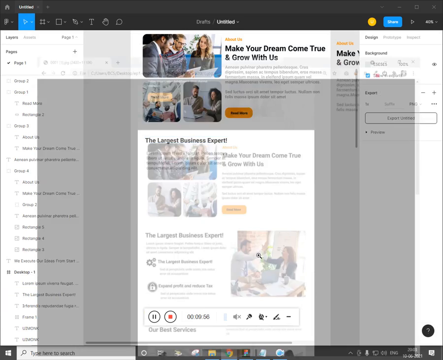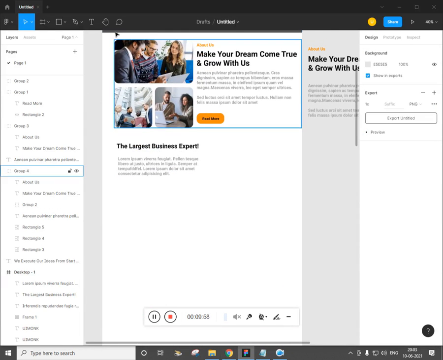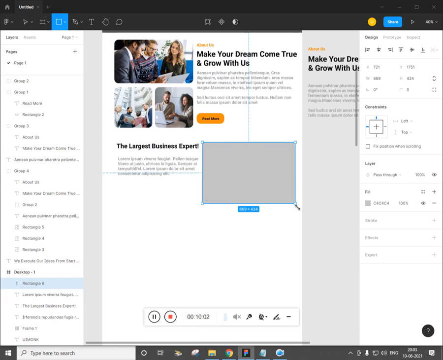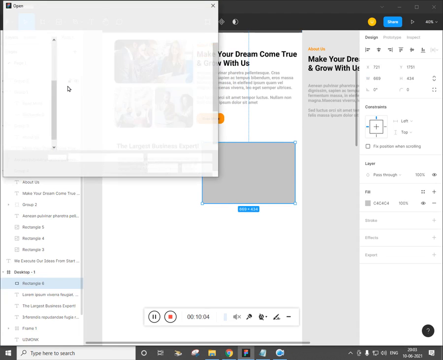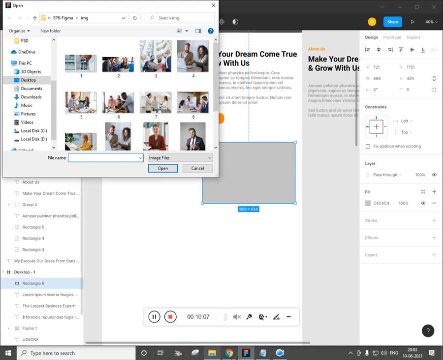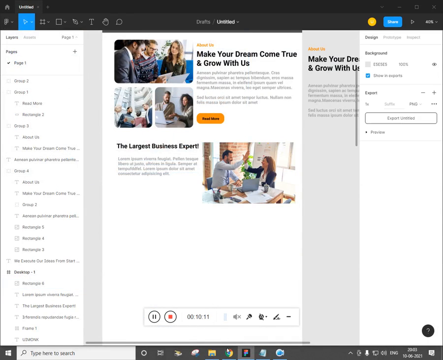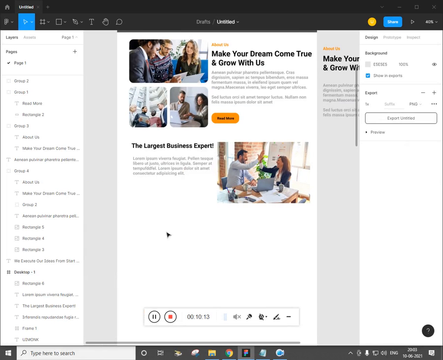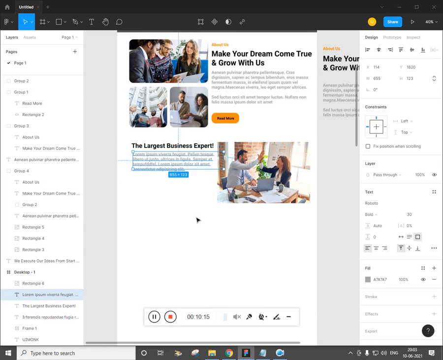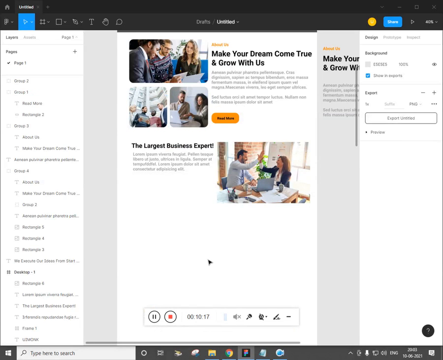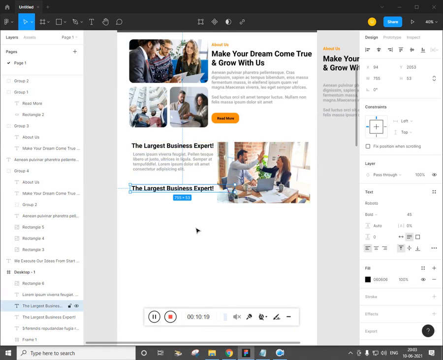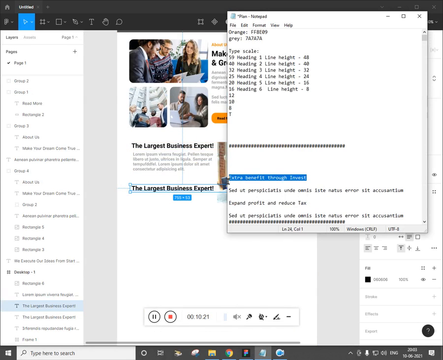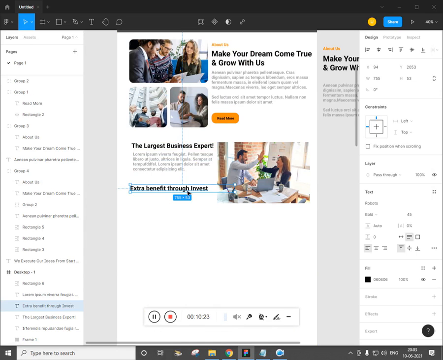and now create a rectangle, place the image. So the image that we need is this one. Click here, and then we have to adjust the height properly. Alt drag and give the text, make it smaller, 35,